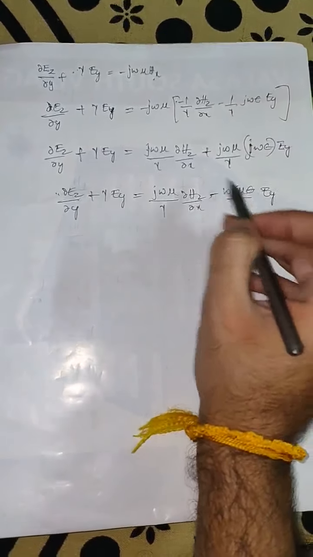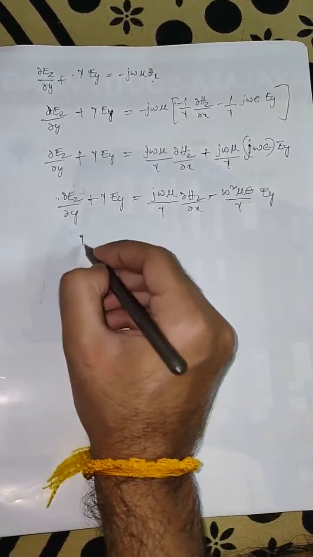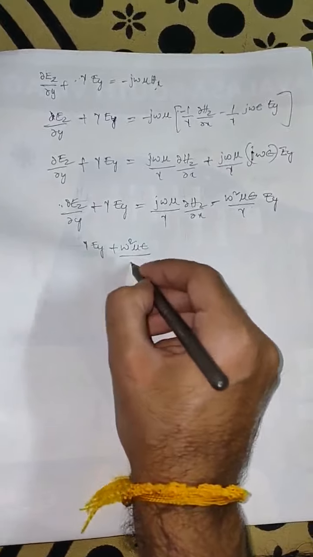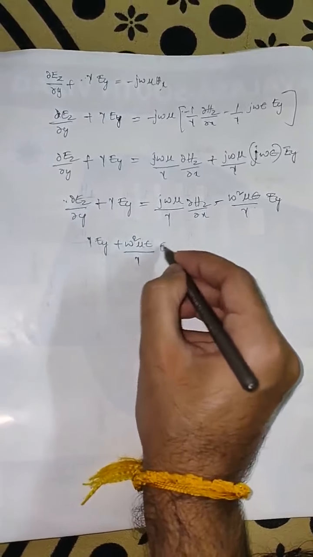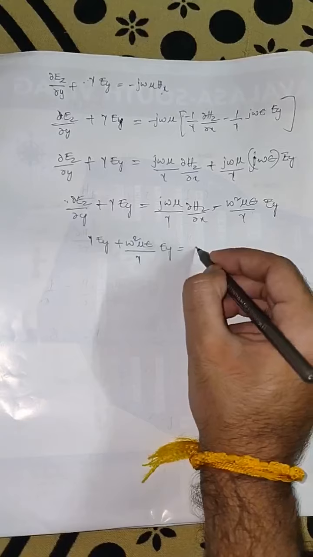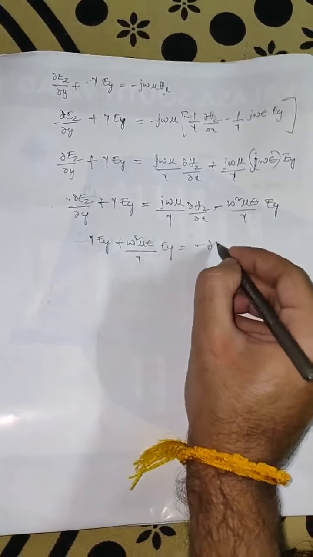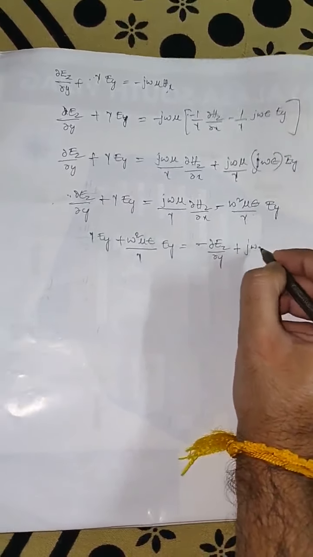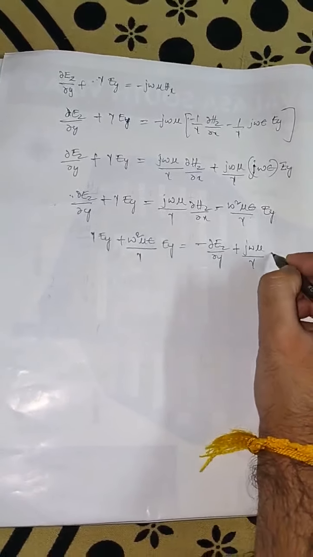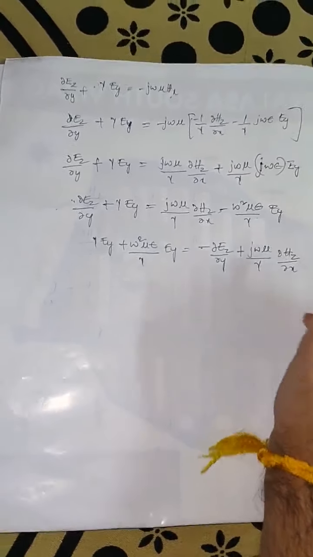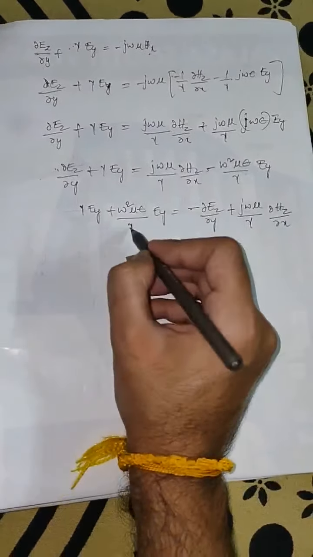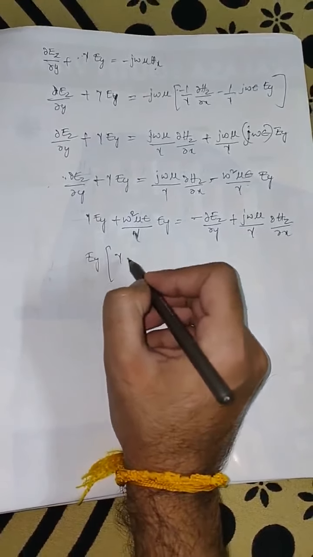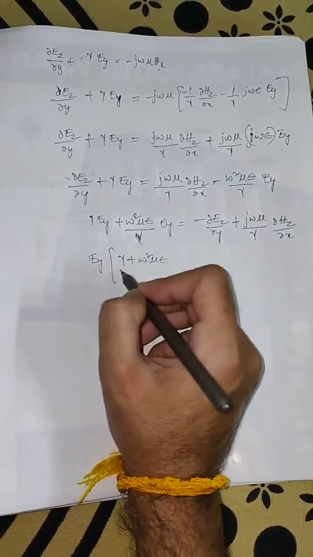So move this term to this side. So I am writing the Ey terms on one side. So ω²με/γ Ey equals, so this term is moved to this side, ∂Ez/∂y plus jωμ/γ ∂Hz/∂x. Okay, so if you take Ey as common in this term, you'll get γ plus ω²με